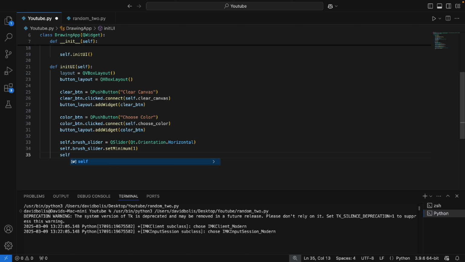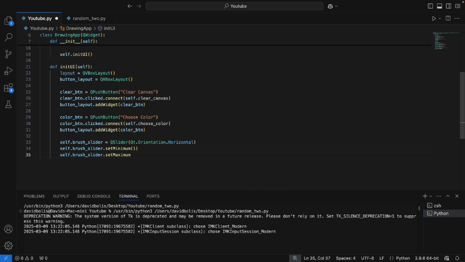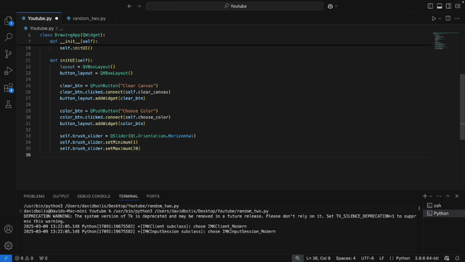I'll say self dot brush slider dot set maximum, and here we are going to pass 20. Let's go ahead and add the original value. So what are we starting with? I will say self dot brush slider dot set value,